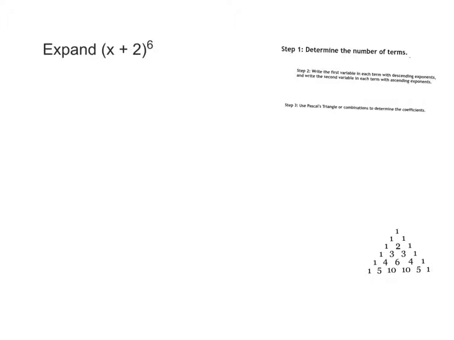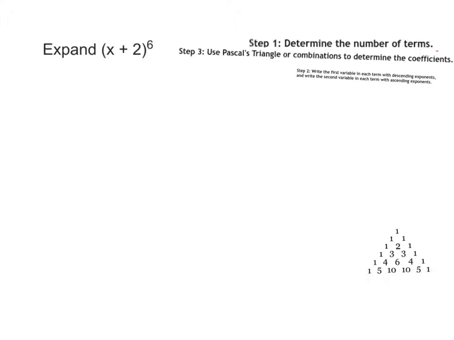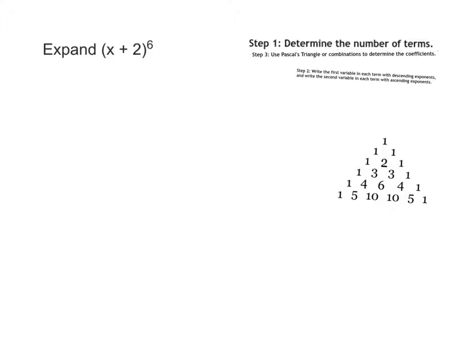So step 1 here says determine the number of terms. How many terms will there be in this expansion? 7, because it's one more than the exponent. So I'm actually going to do step 3 first: using Pascal's triangle combinations, determine the coefficients. So I need the row of Pascal's triangle that has 7 numbers in it. I do have a little Pascal's triangle down here, but 1, 2, 3, 4, 5, 6, that only has 6. So I need the next row, which will be